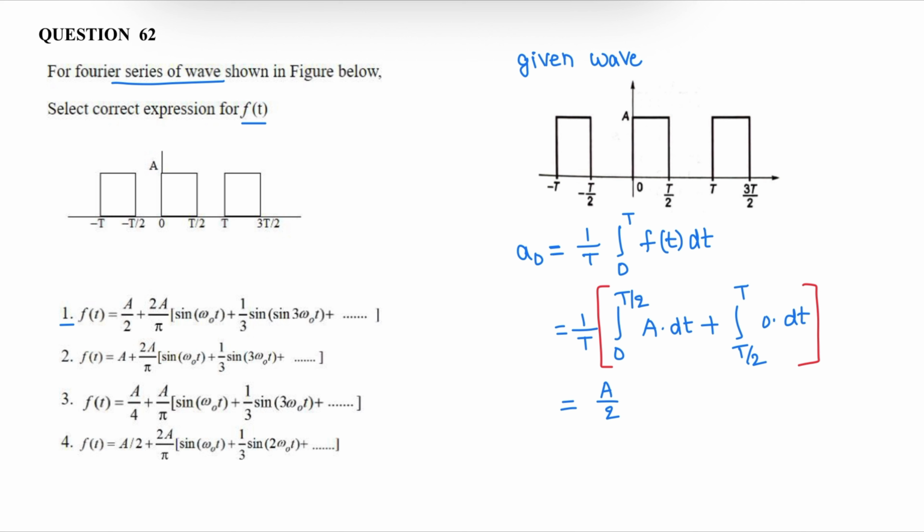For the given waveform, for time period 0 to T by 2, its amplitude is A. From T by 2 to T time duration, its amplitude is 0. And this is a periodic waveform which replicates for each and every time period. So from this expression, to obtain the Fourier series f of t,